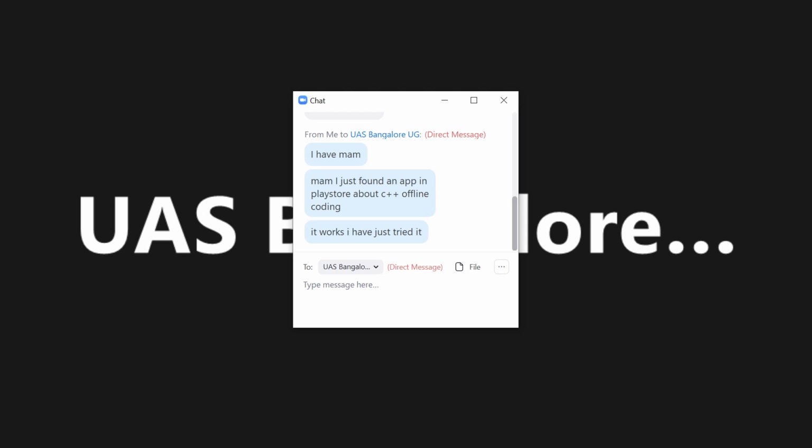I can just see the numbers. People had raised their hands, now the number has been reduced. Now I can see just 21 members telling that you have a laptop. Those who have the laptop, like 23 members, Turbo C is available. It is free. You can just download it and start executing the programs.